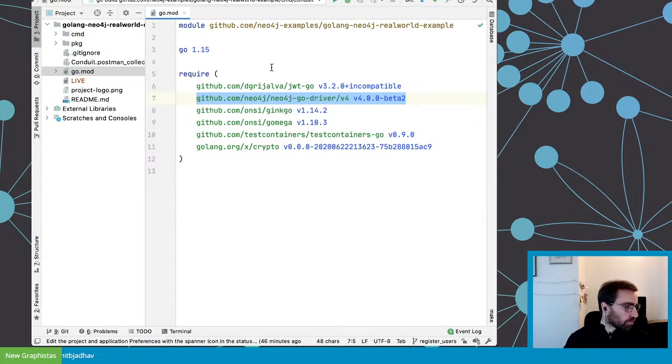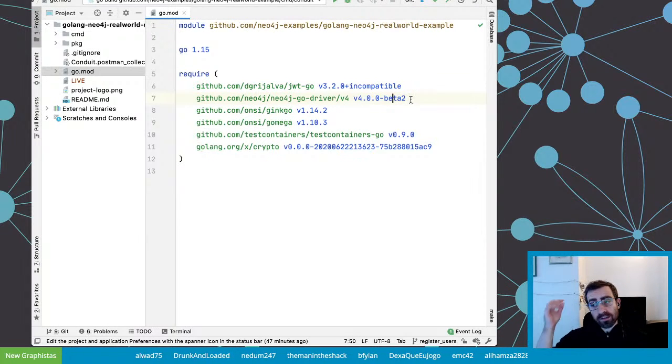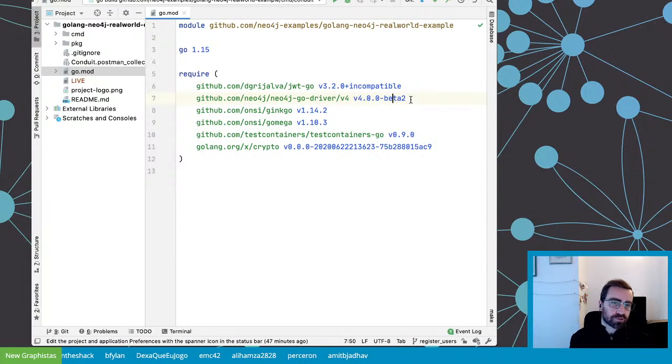Now you can use Go modules directly. And as you can notice here, this is not generally available yet. It is still in a beta version, and I upgraded after the last live stream, by the way, so I will mention a few changes between the alpha I was using and the beta 2, but those are small changes, so migration should be easy. And the goal here, as far as I know, is that the driver should be released and aligned with the other drivers.